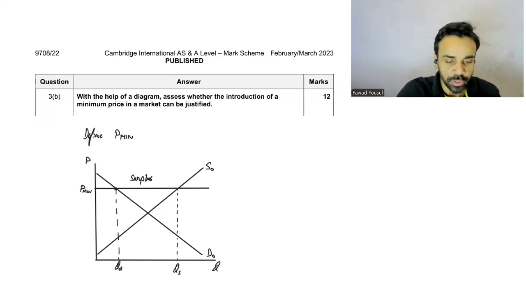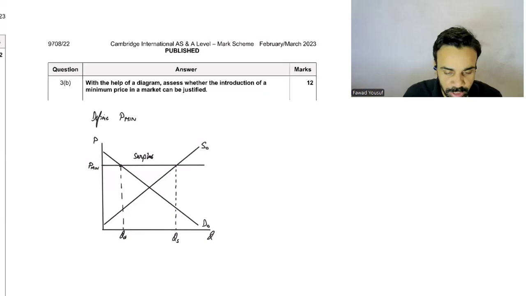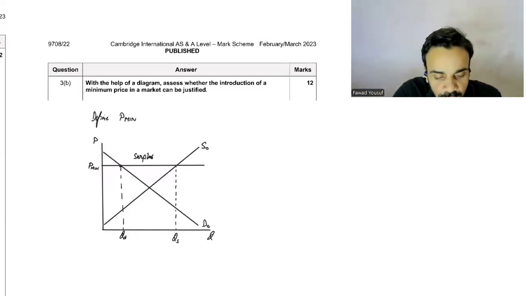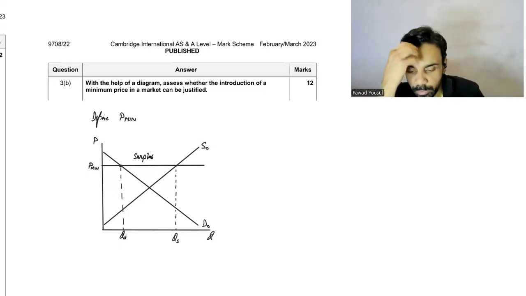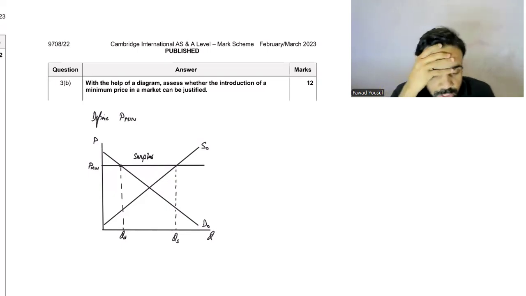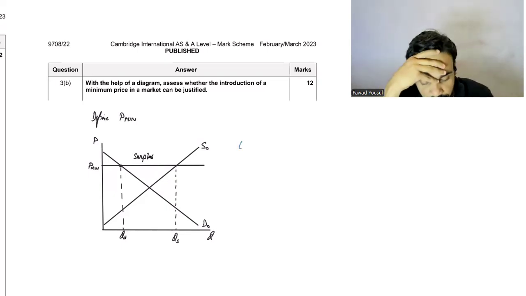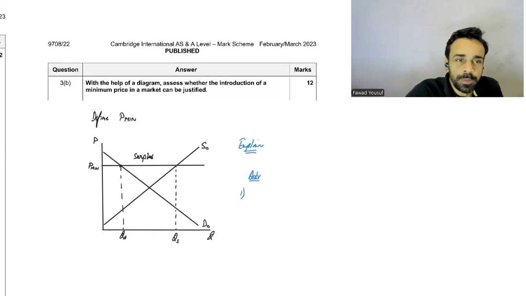So now in this situation, what can we do? Firstly, you must explain your diagram, because if they've asked for the diagram, there needs to be a slight explanation of what you just created over here. Once we have this, after that, let's talk about potential advantages. Under what circumstances this would be effective. So one of the advantages I can clearly see is that somehow, because of P minimum,